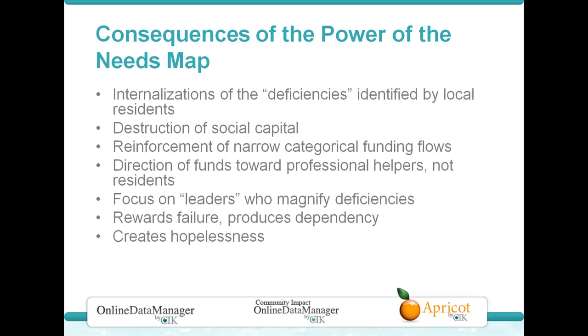The first one is it internalizes the deficiencies identified by local residents, so that people begin to define themselves by what's wrong with their neighborhood, what's wrong with their community. It has the ability to destroy social capital, because if you keep telling me how bad my neighborhood is, the crime rate, those kinds of things, then people may not go next door and meet their neighbors because they're afraid. So it has the ability of destroying social capital, as if all we follow and all we focus on are